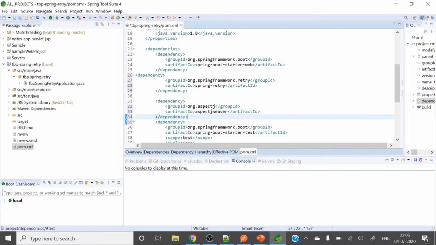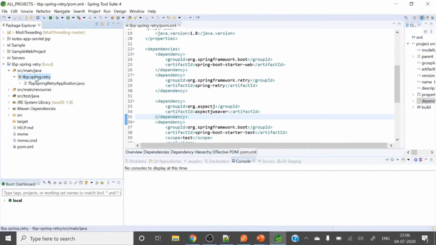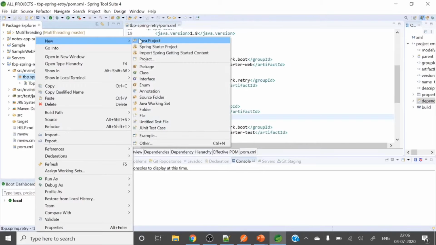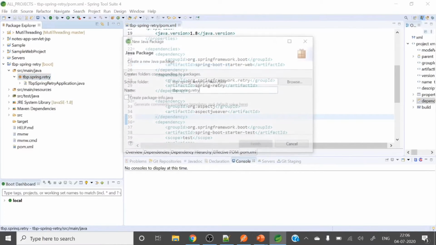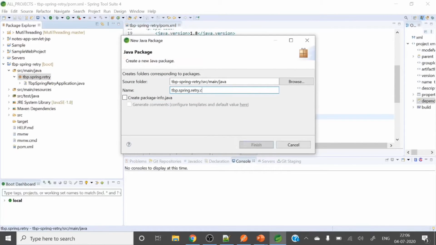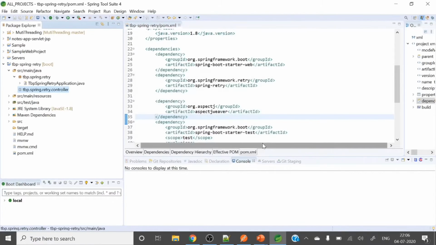Control Shift F to format. Let's save so that it will download those dependencies. Okay, we have done. Let me create a package here, controller. Here we'll create a controller which will receive our request.